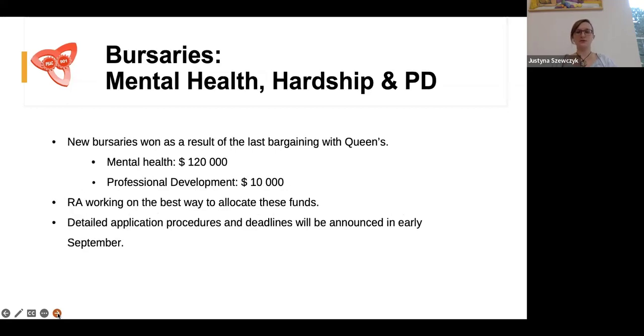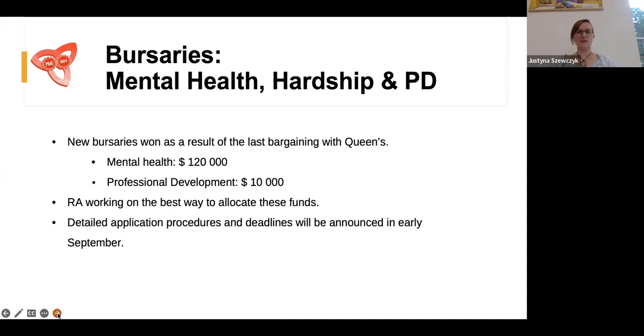Another bursary that we have is mental health. Actually, it's mental health and hardship, as well as professional development. So these are two new bursaries that will start to be dispersed in this academic year. They are new. Why? Because they are a result of the last round of bargaining with Queen's. So last year we did not have